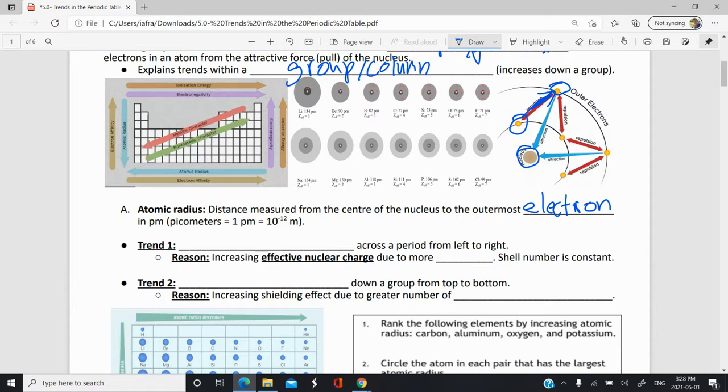And our first trend is that the atomic radius will decrease across a period from left to right. So we get smaller and smaller as we go from the left side of a period to the right side of the period. So it decreases from